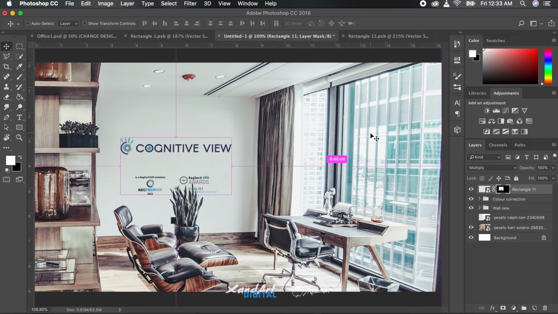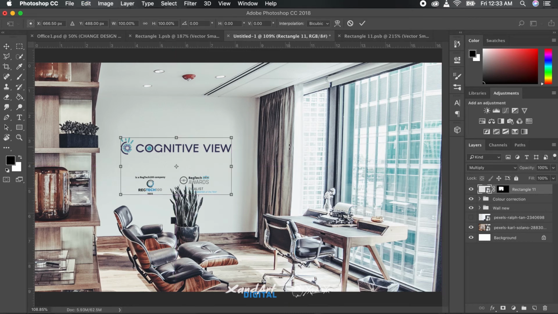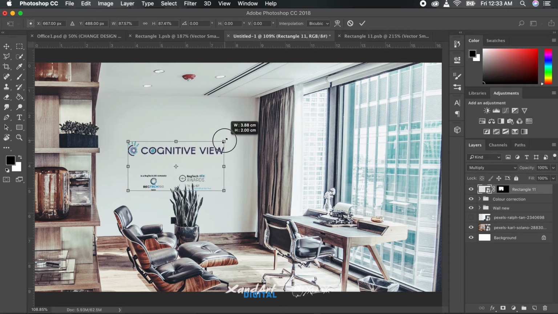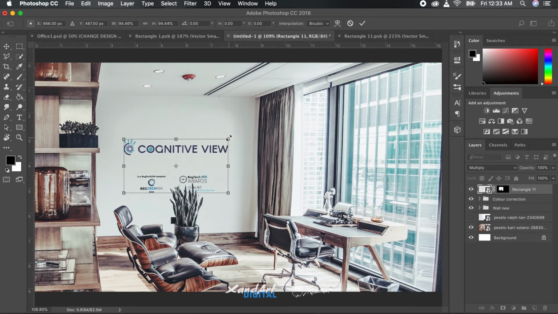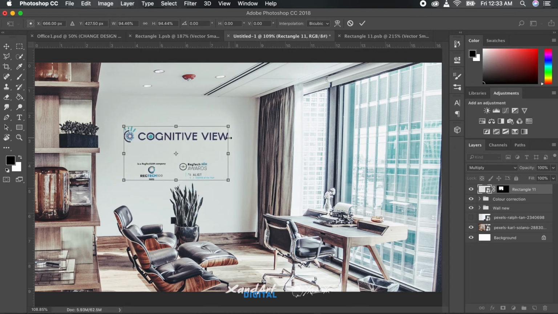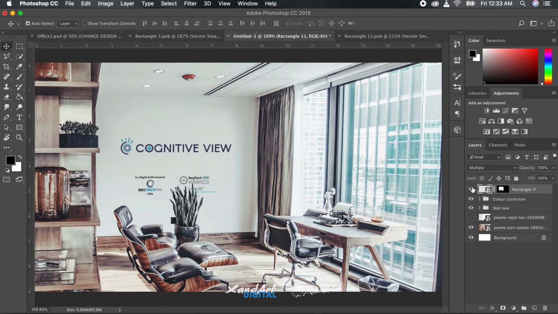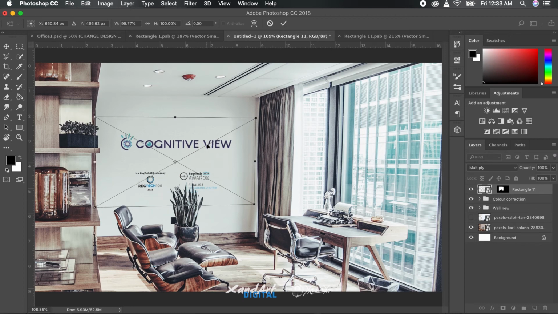And with the objects placed inside the smart object, to use the texture of the wall, we can simply convert the blending mode of the smart object layer into multiply. Now there's one catch to it. This will only work if the wall has a light color. That way you can use the shadows on the wall, as multiply adds the color onto the object below it, the way ink works on paper.